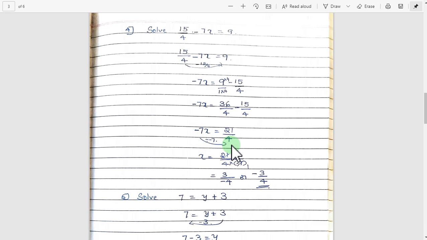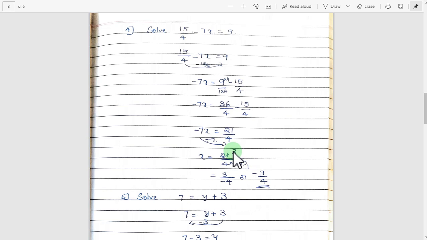When you take -7 to the other side, it becomes a division, but the minus sign only remains. Since multiplication becomes division, only one change will occur, not a sign change. The minus sign remains minus. So 21/4 divided by -7, since 4 is already in the denominator, into -7 you write. Now we can simplify.